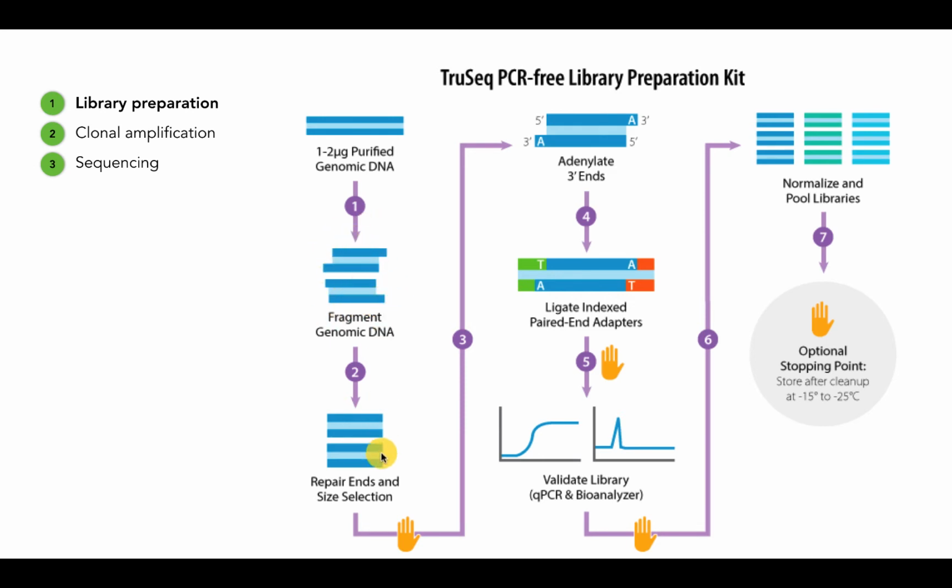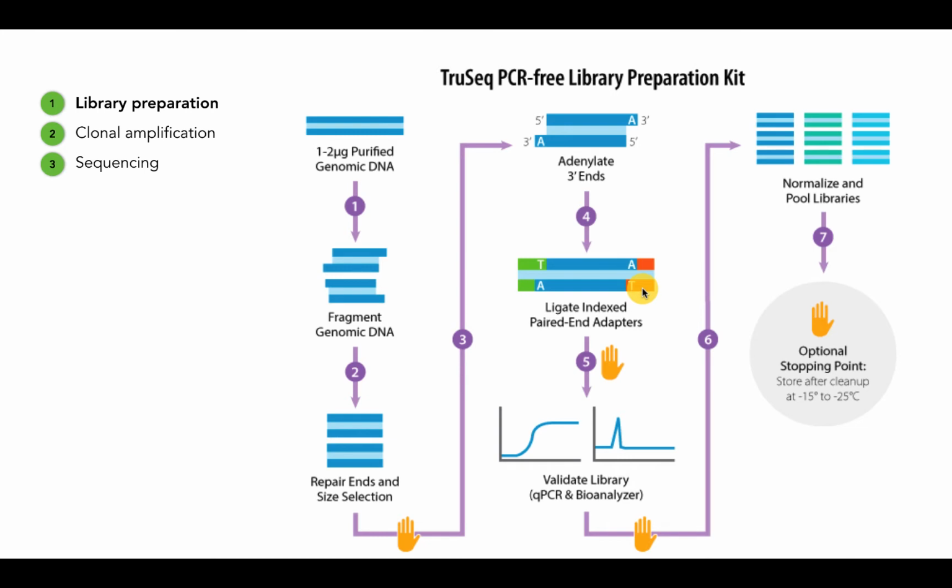And then we need to repair them to make them smooth again on both ends so that we can very precisely nick off just one base pair off each end so that we have what we call a sticky end to ligate on adapters. And I'll talk more about what adapters are, but just know that adapters contain a host of things. One, complementary sequence to strings of nucleotides within the actual sequencing flow cell, as well as indexing or barcode information